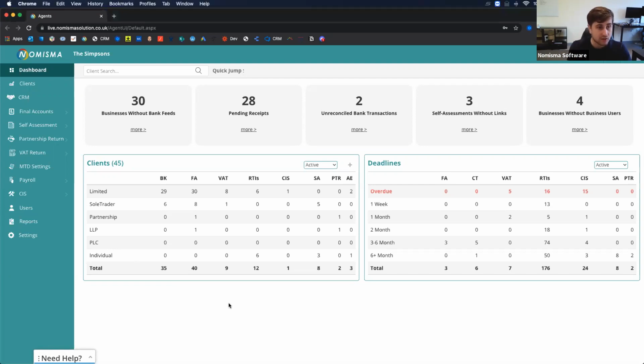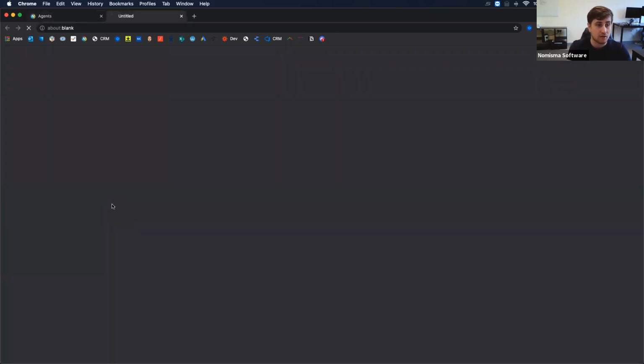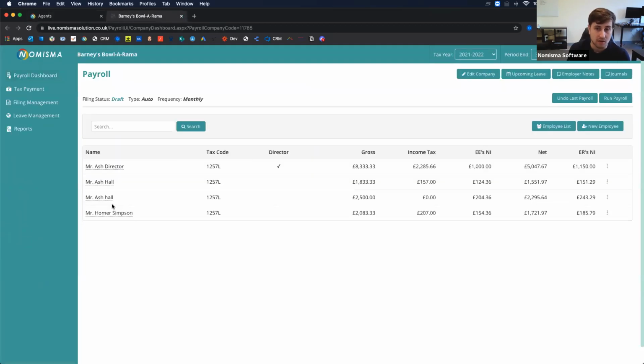So let's just go ahead and get started. The focus of this is payroll with CIS included as well. On my agent dashboard, all I'm going to do is select my 6 RTIs to then drill down to my payroll clients. And I'm going to drill down into one of these to go to the payroll profile to begin running the